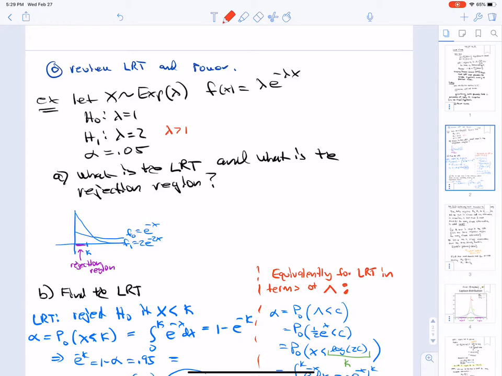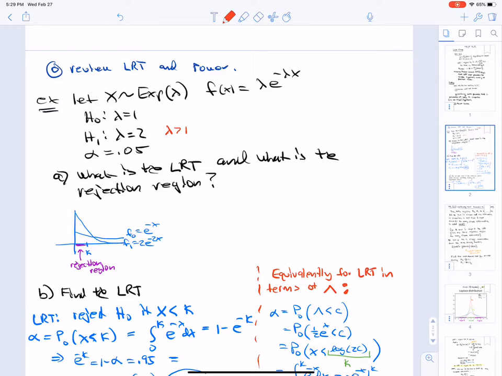You can just see it in the picture here. In this picture here, we have lambda equal 2, for example, and you can see that the y-intercept is 2, so the y-intercept will always be higher than the null distribution when lambda is greater than 1. So we'll always have the same rejection region, and hence